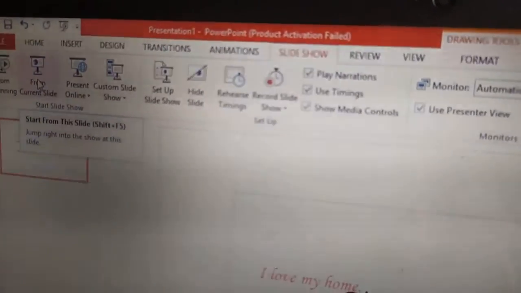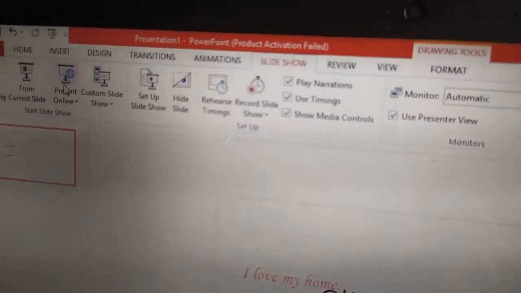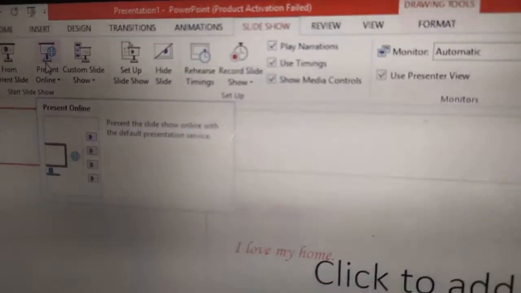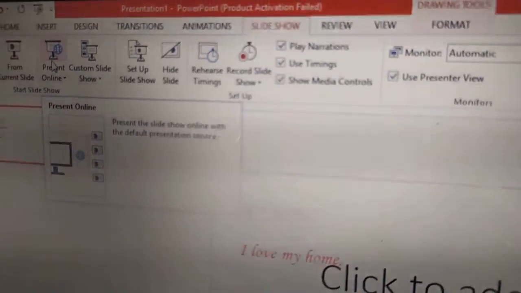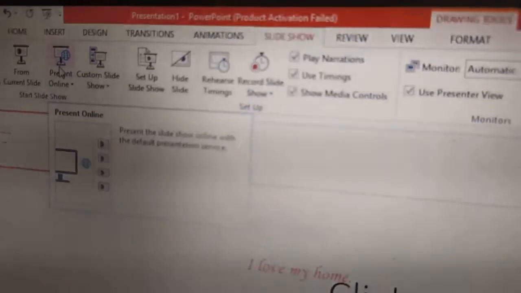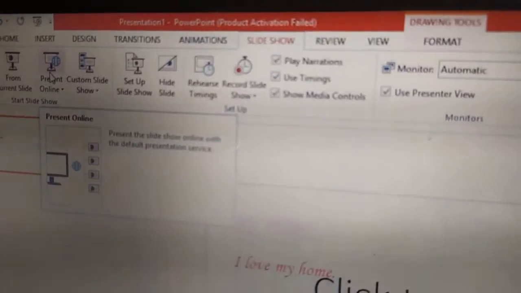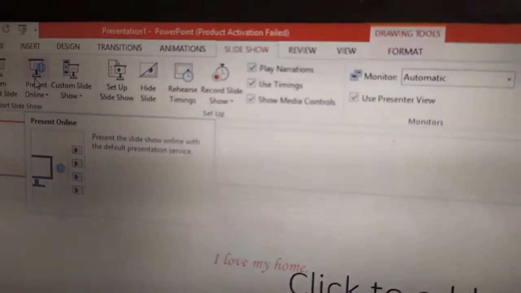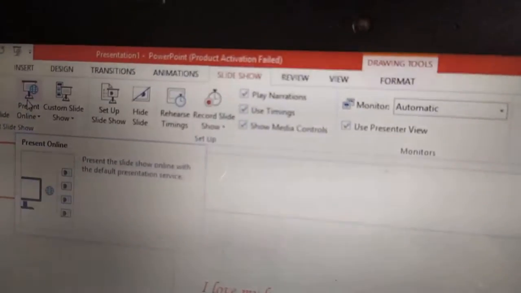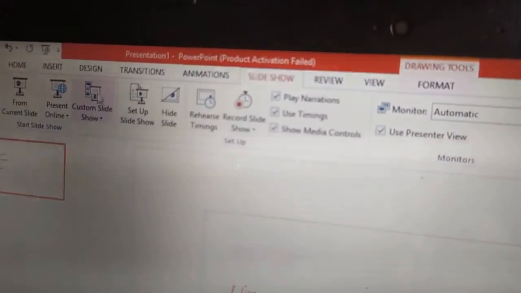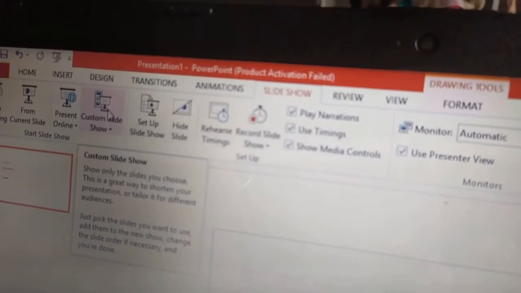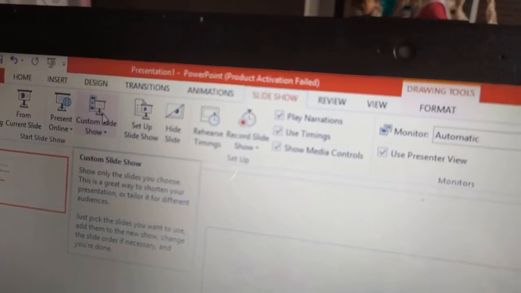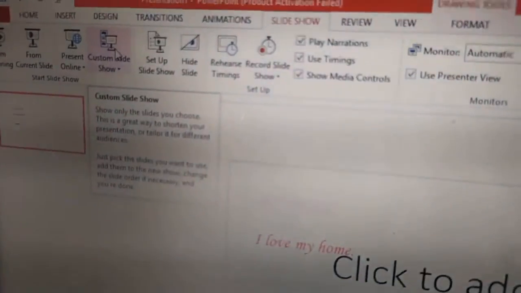Next we have present online. That means it will allow us to present the presentation to the viewer who are connected. You can then start the presentation in the normal way. Online, the presentation will be shown to the viewers. Next, custom slideshow. This button to choose the slide which we want to present to the audience.